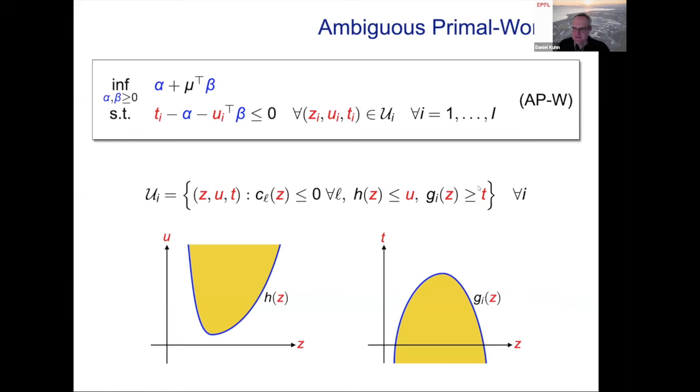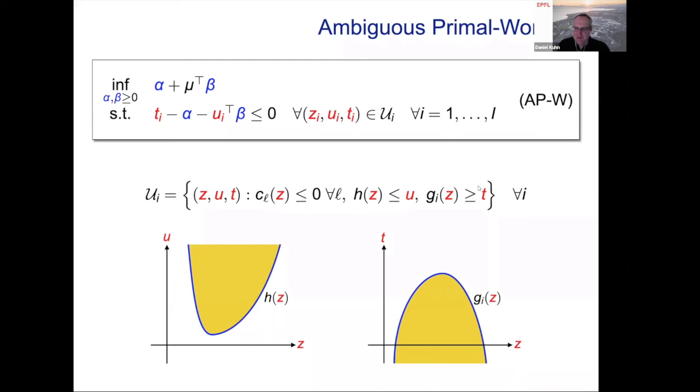Luckily, there is a simple remedy. We can introduce an auxiliary variable ui to replace the moment function h evaluated at Zi, and we can introduce an auxiliary variable ti to replace the disutility component gi evaluated at Zi. These auxiliary variables should be interpreted as additional uncertain parameters complementing Zi. The ith robust constraint can then be reformulated as shown here, where the reformulated constraint function is bilinear in the decisions and the uncertain parameters, and where the uncertain parameters range over an augmented uncertainty set capital Ui.